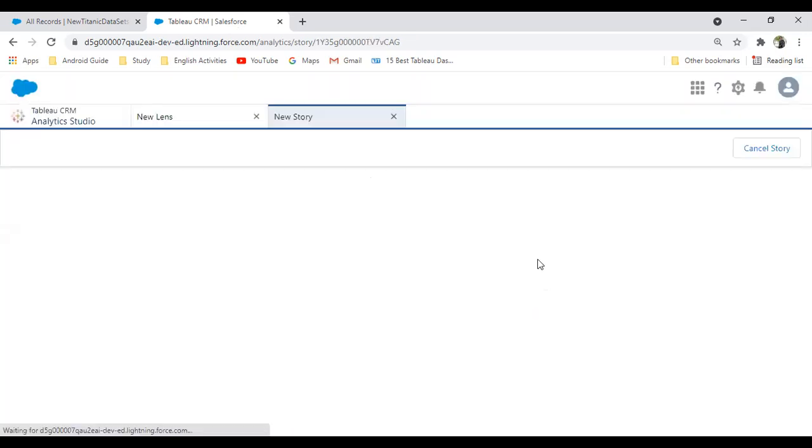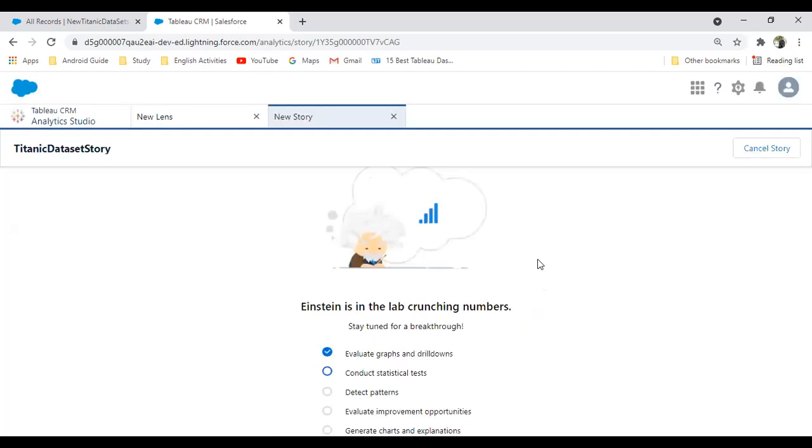When I click on create story, Einstein Analytics will automatically analyze the trends based on the existing data sets we have. It will perform the analysis, do the calculations, run the logic in the backend, and create charts and graphs based on that.